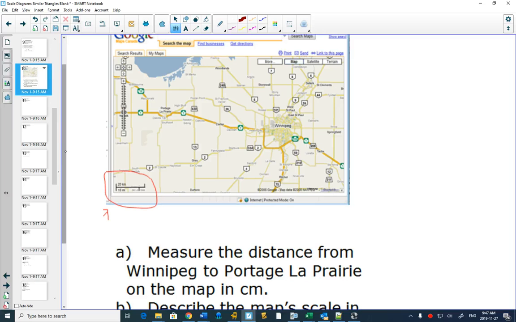If you measure that, you will get 1.7 centimeters from here to here. That's what I measured it on. So just double check that. And then if you choose a point for Winnipeg and a point for Portage la Prairie, and draw a straight line between them and measure how long that is,